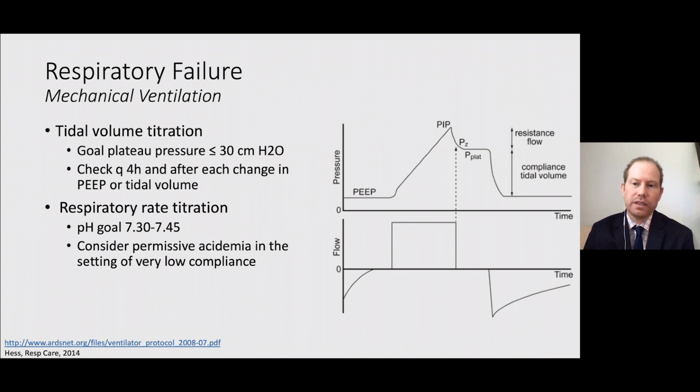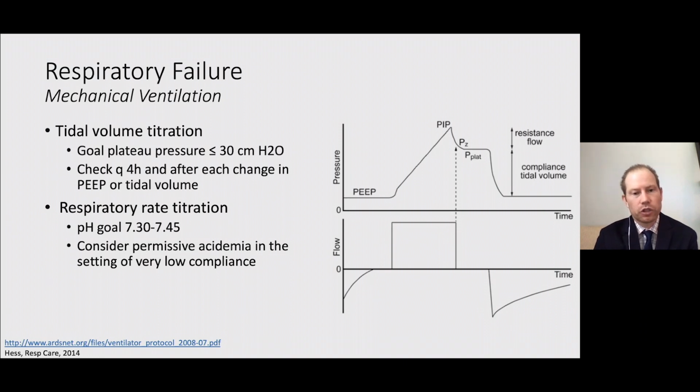The other important piece in managing patients' respiratory failure and managing the ventilator is the titration of tidal volume. I'll just point out that this is one of the most important things that we can do for patients with ARDS. We went through relatively quickly a couple of slides ago, but as many of you are familiar with, the so-called ARDS-NET trial, which showed that lower tidal volumes are associated with better mortality in ARDS, remains one of the best trials in terms of showing benefit in the ICU population.